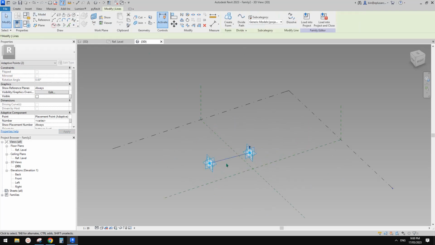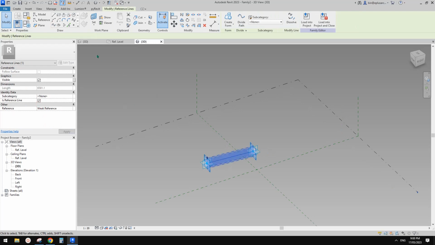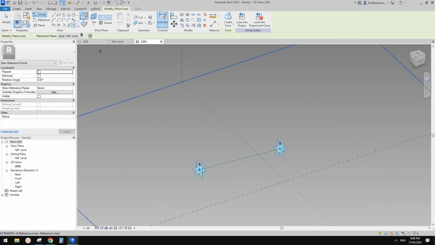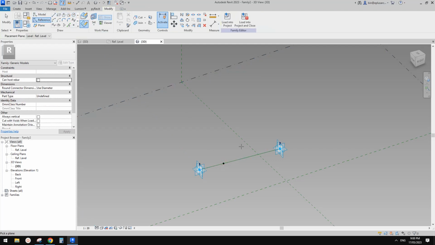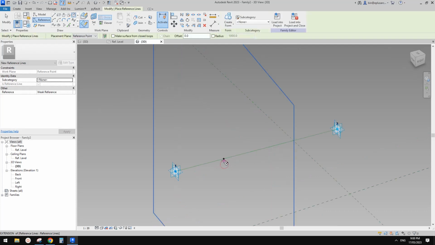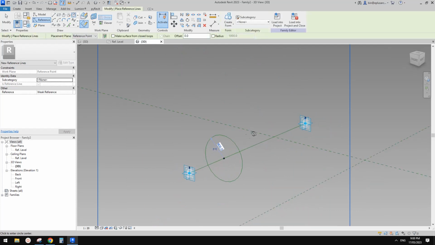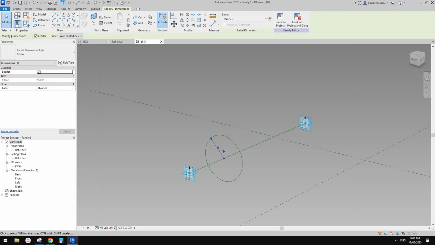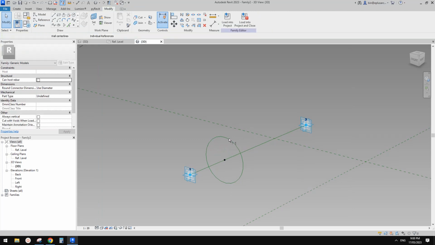Okay, and then create a splicer point, make a reference line, place a point, draw on face, and reference circle, draw on work plane, set work plane, pick and place a circle, create a radius, or you can also, I'm going to use diameter,